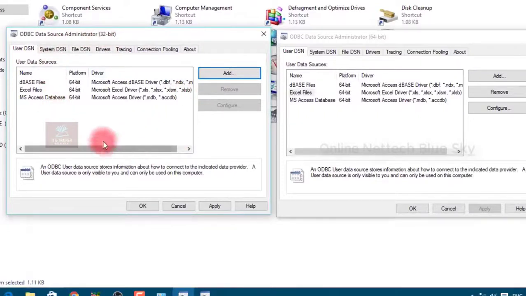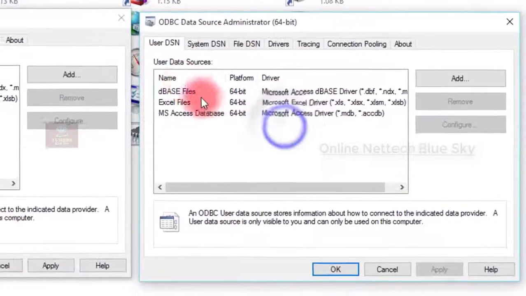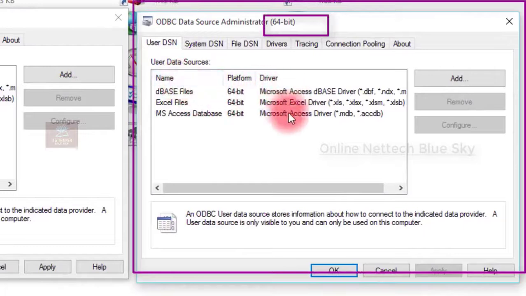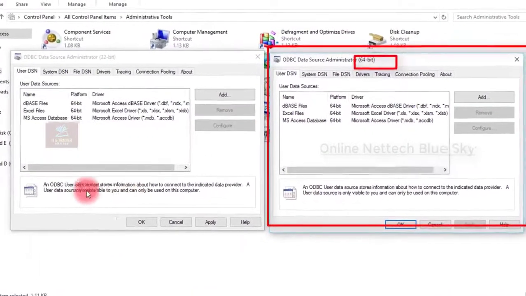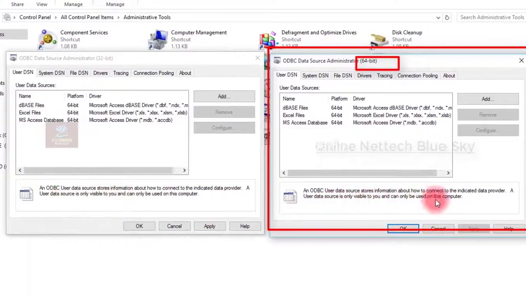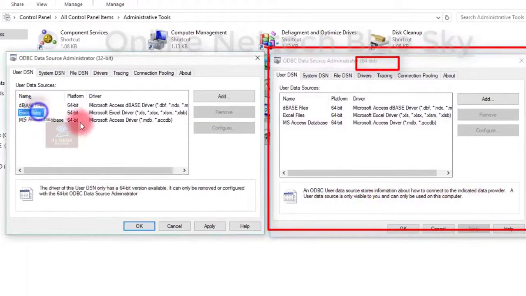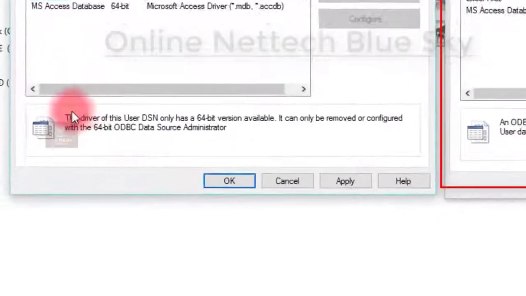Why give this type? It is called an extension. Extension means you know how to identify your operating system. These files are available for this type, and this file is available only for work with software in this type of system. So you can see here this is a 32-bit operating system.